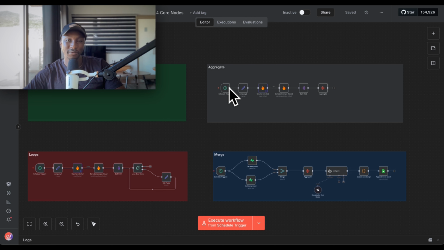I built around 50 workflows so far. Some for clients, some for myself. And I keep coming back to these same nodes every single time. Most people try to overcomplicate things with extra logic when these 4 are usually all you need to make your